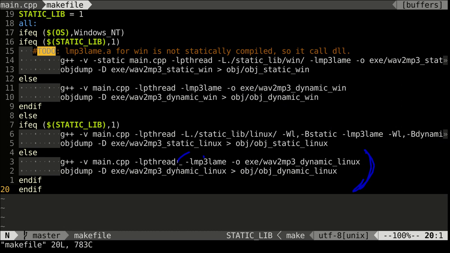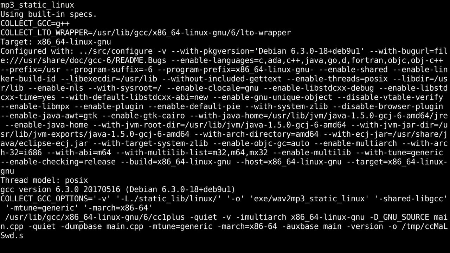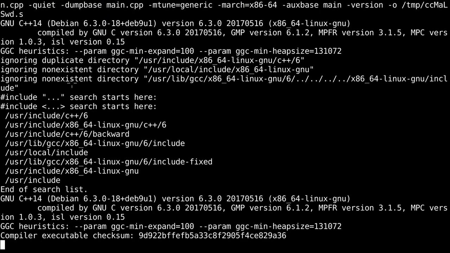And the dynamic way for Linux is simpler. I use the .so here, and in that way I compile statically. I do a make with static. I am using the echo to show some message. So this generates